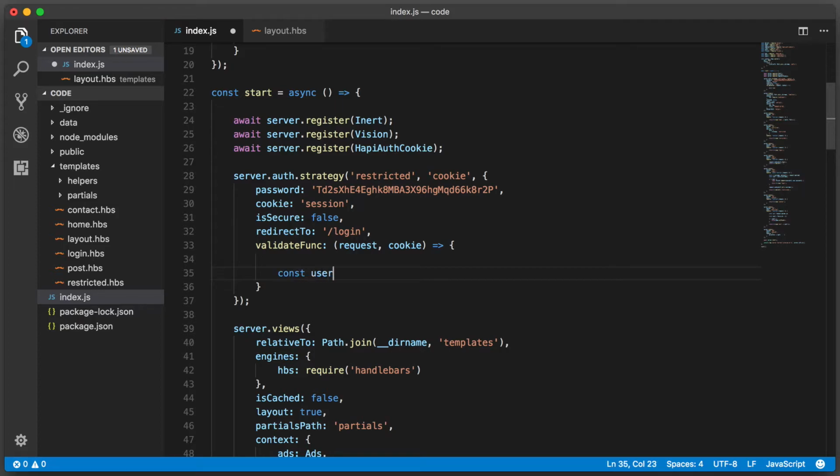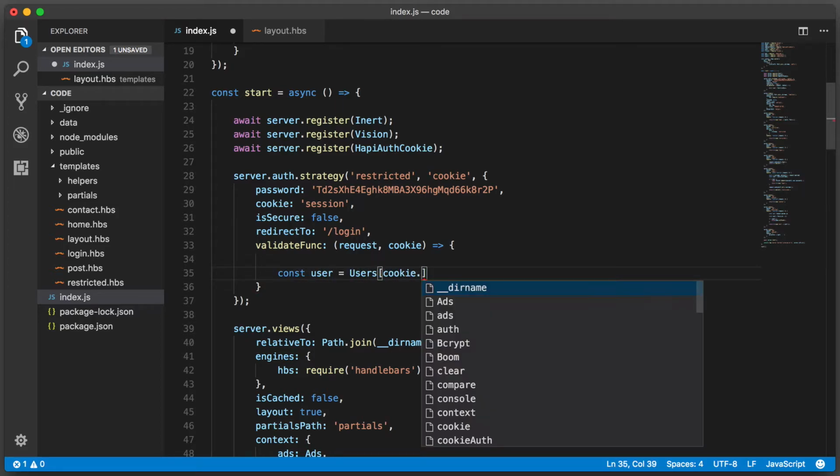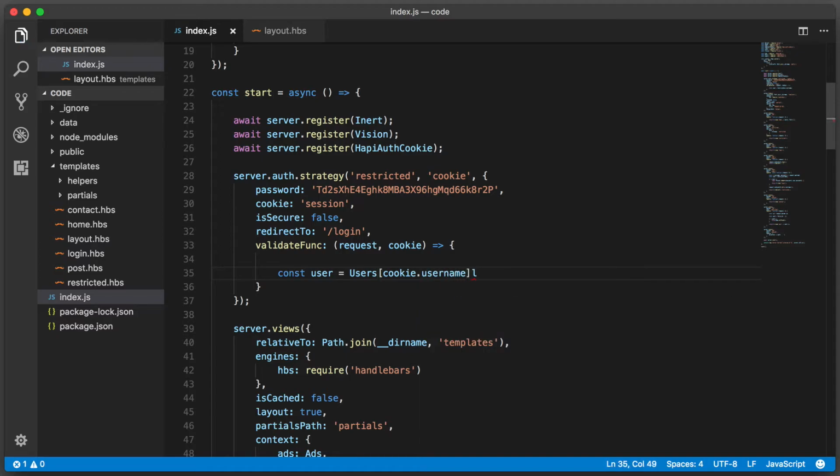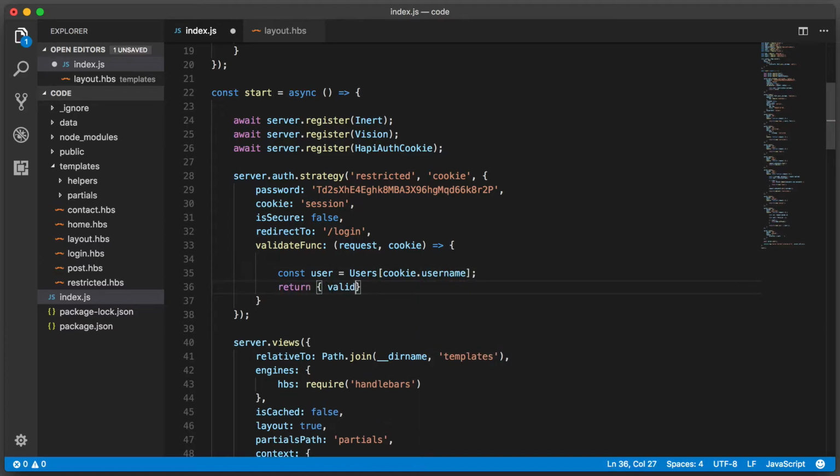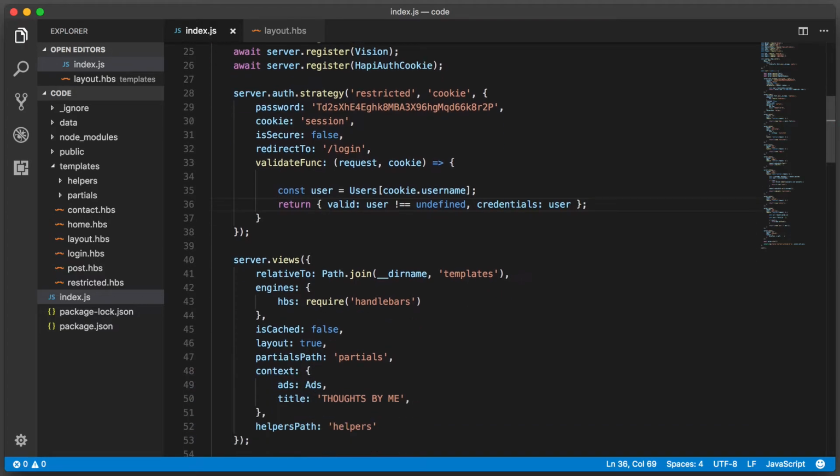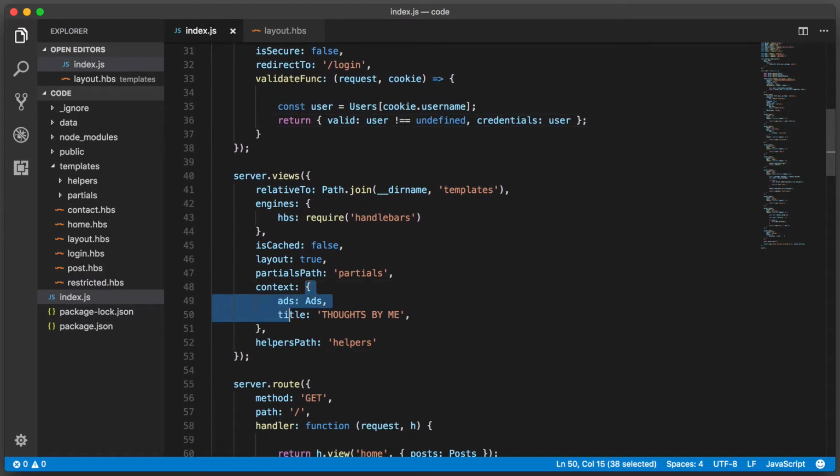The logic inside here is very simple. We'll try to find the user from our user data with the username stored in the cookie. We'll return an object. Valid is whether or not the user existed, and for credentials we can use the user object itself. To be able to access this user data in our views, we need to add it to the